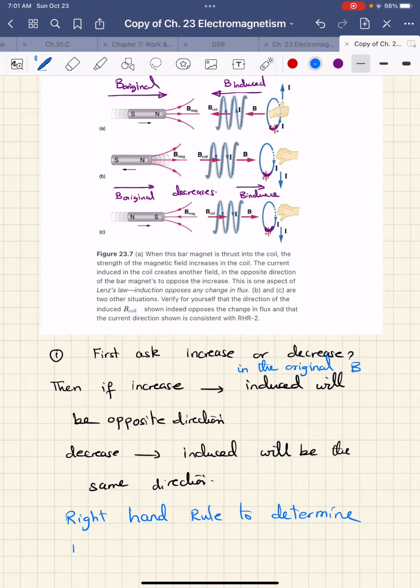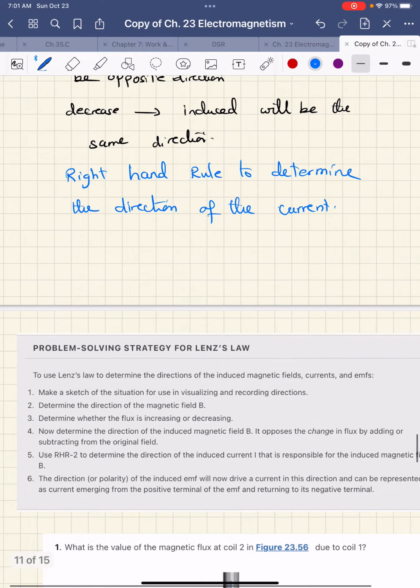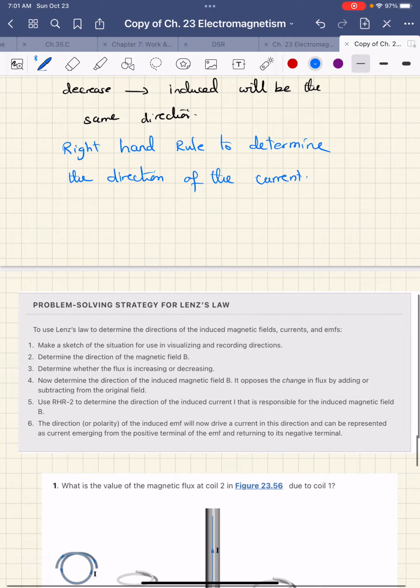the direction of the current, sorry, because you know the magnetic field, then you're going to use the current rule. Now, to use Lenz's law to determine the directions of the induced magnetic fields, currents, and EMF, make